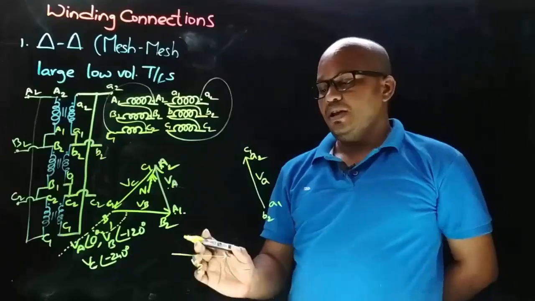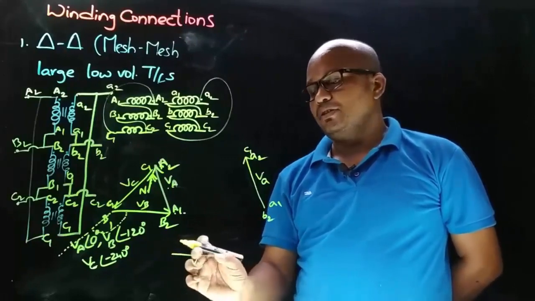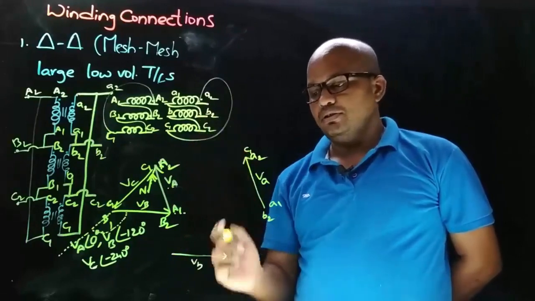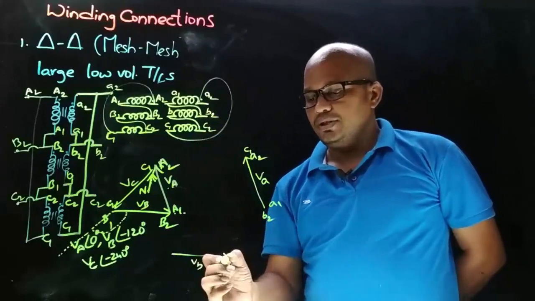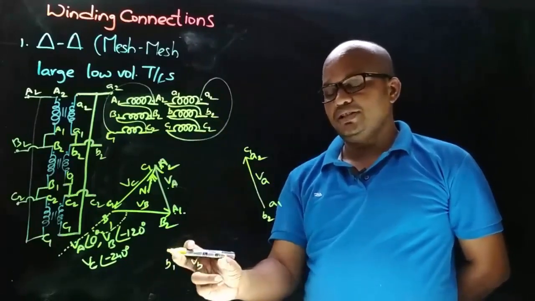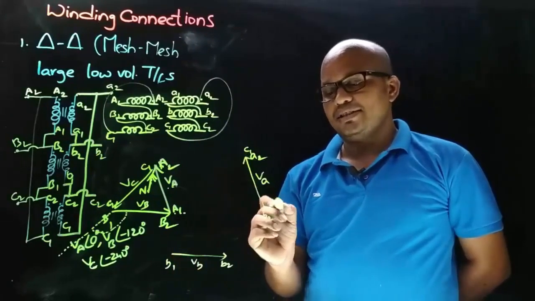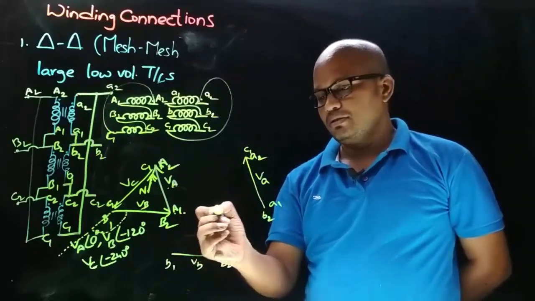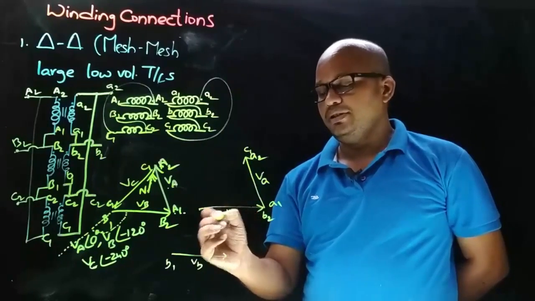C1 terminal. And now to this secondary side VB phasor, we need to decide the terminals. As here the connection is taken on the dot end and the arrow always points towards the connection we took from, this is B2 and this is B1. And now we need to connect this secondary side VB phasor with the secondary side VA phasor. As this A1 terminal has B2, the VB phasor will be here like this.